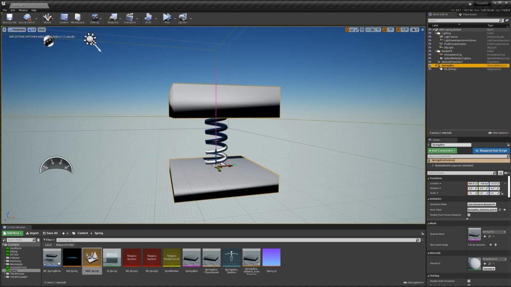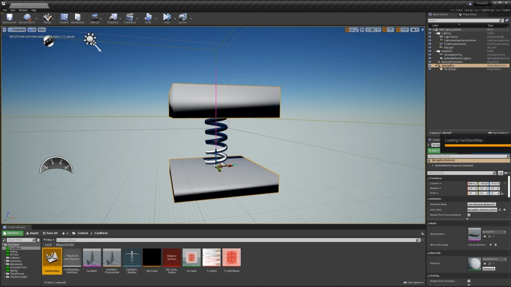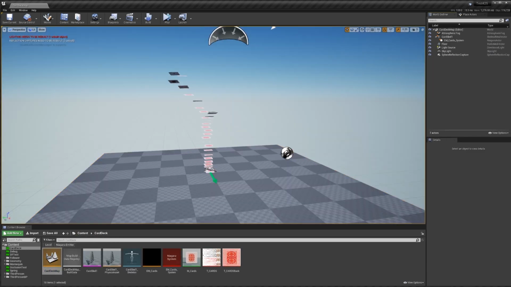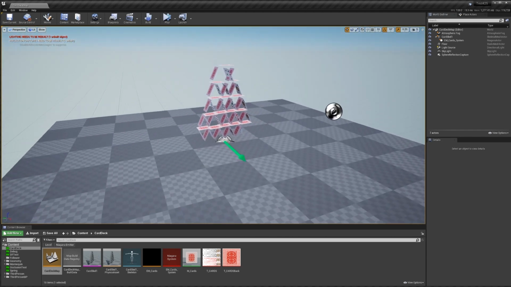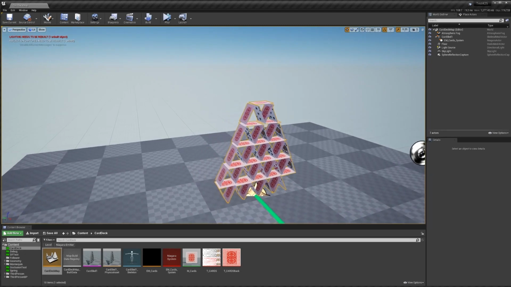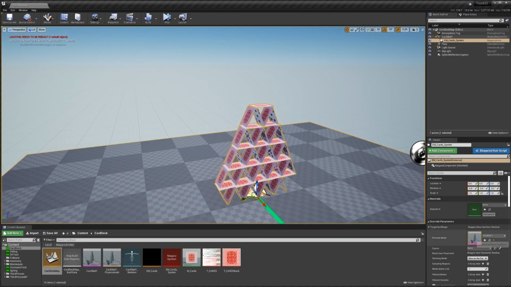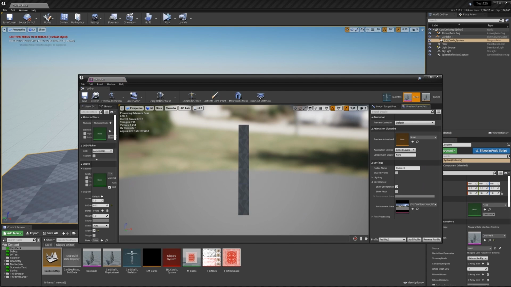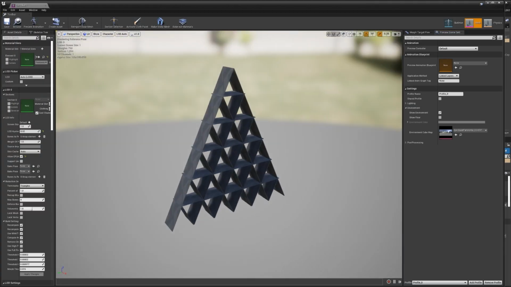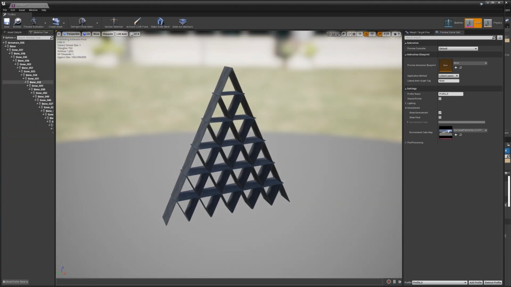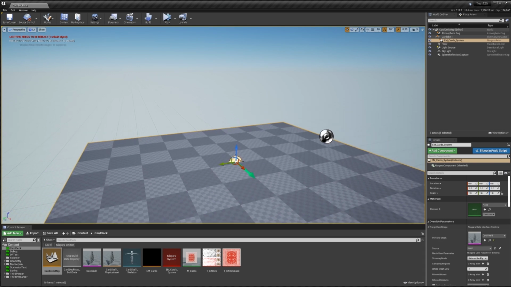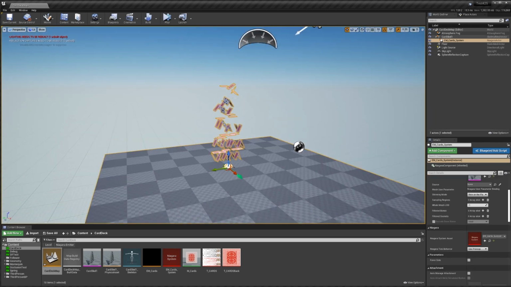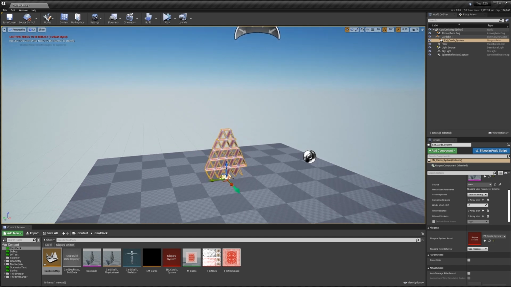Let's open up a slightly more complex example. Here I have a deck of cards that gets thrown into the air and then reforms as a pyramid. Now in this instance, I'm using the skeletal mesh to give me the pyramid data. So you can see I've got my pyramid shape here, and then I have my hierarchical bones all listed below. I can then store that data and then access it later on when I need to.